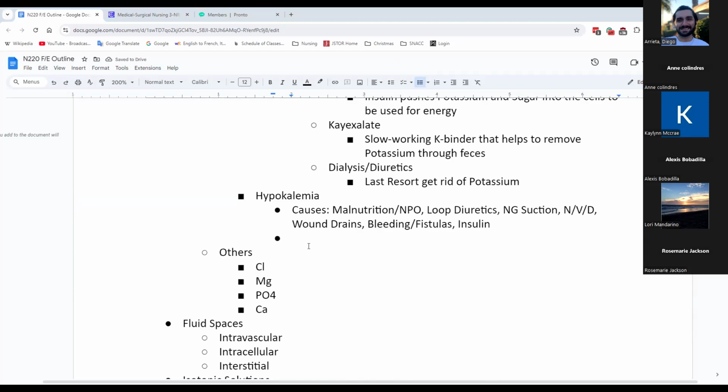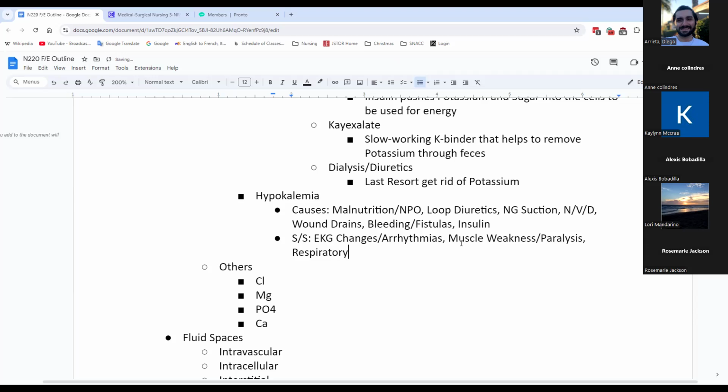Perfect. So what about some signs and symptoms? Just kind of get all the basics down. Try not to look too deep into things. It's all about getting the big picture here. For sure. Got that, EKG changes, your arrhythmias, shallow respirations. So very similar to the other one, where you will have muscle weakness, paralysis, respiratory issues related to diaphragm weakness,